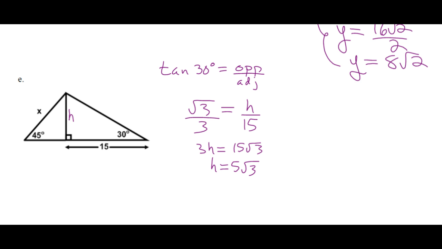Opposite. What's x? What trig ratio relates opposite and hypotenuse? Sine. So start off with the formula, right? Sine theta is opposite over hypotenuse. Substitute in. Sine 45 degrees